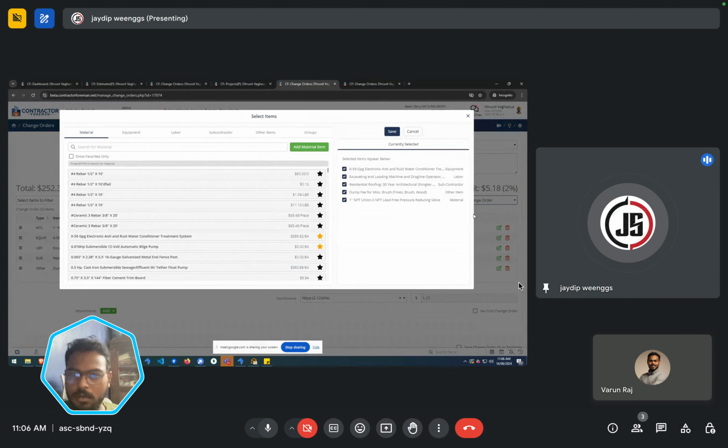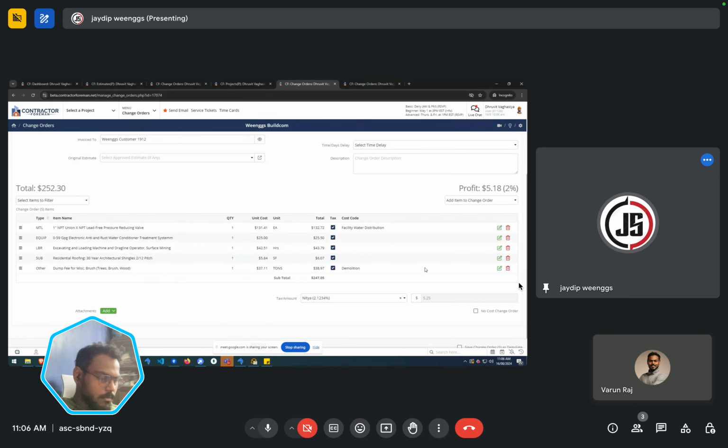Cost item database is one type of that. For example, some of the things you have regularly used, you can create those regular things in a predefined manner. So every time you do not need to create, you just select the already created item, choose it, and import in your record. So this is the template sort of thing, basically. Yes. This is the general item every contractor uses, so they are not required to add and import every time. Just selecting it here, and it will import in this list